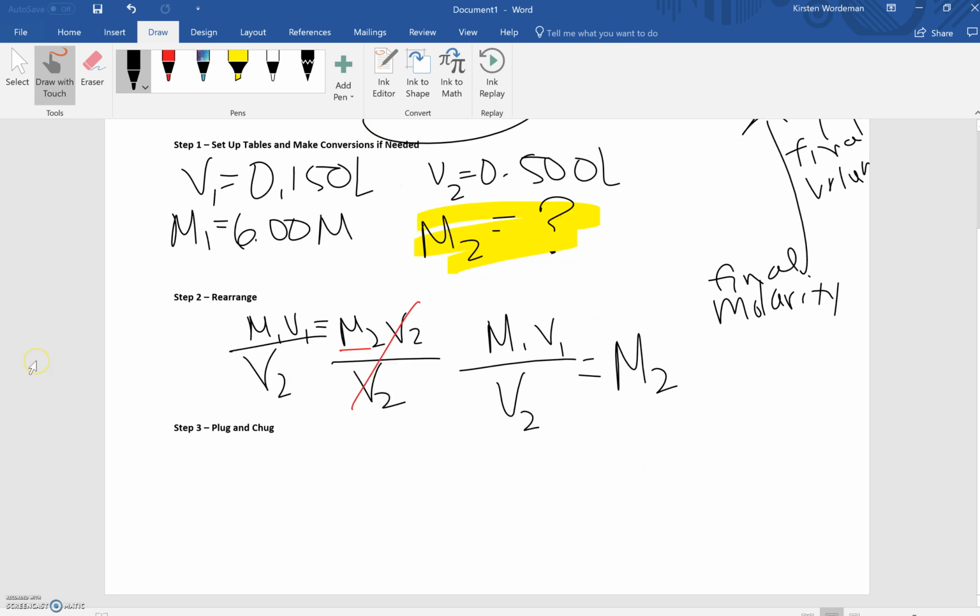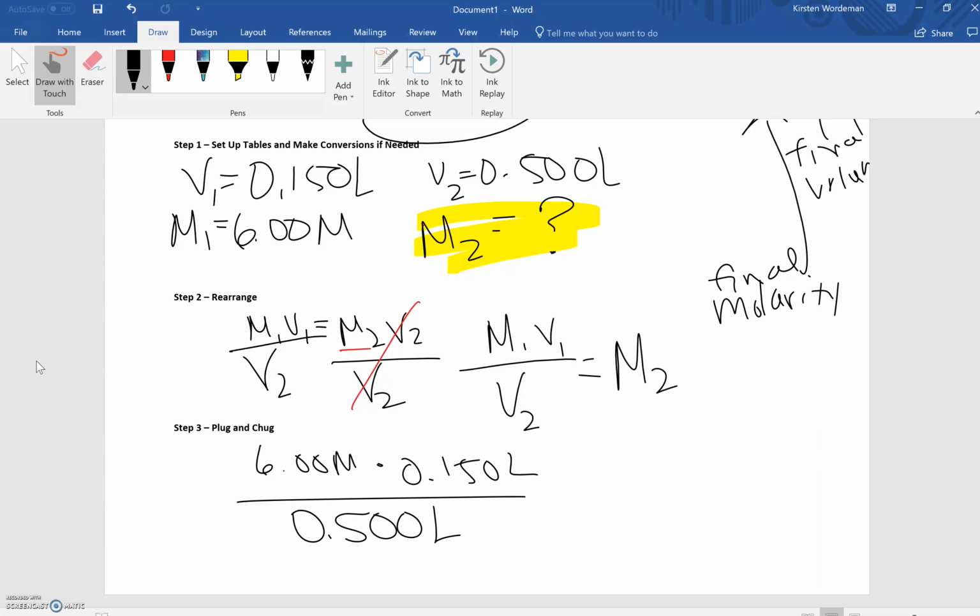Finally, you're going to end this one with the plug and chug, just like we've ended many of our equations in the past. We've done all the rearranging, we've set up our tables, making sure that we don't need to make any conversions. You can see from our table that all of our units are matching, so we should be good to go. We're going to plug and chug. M1 is 6.00 molar times V1, which is 0.150 liters, over your V2, which is